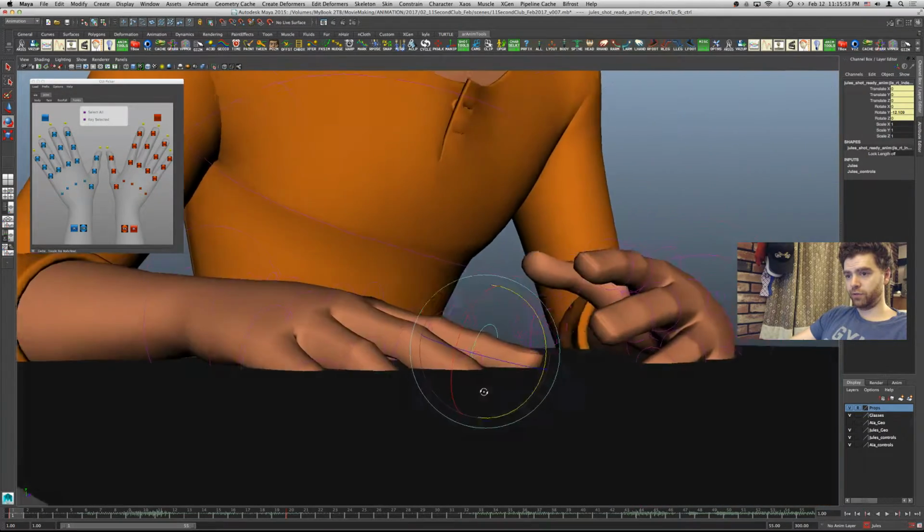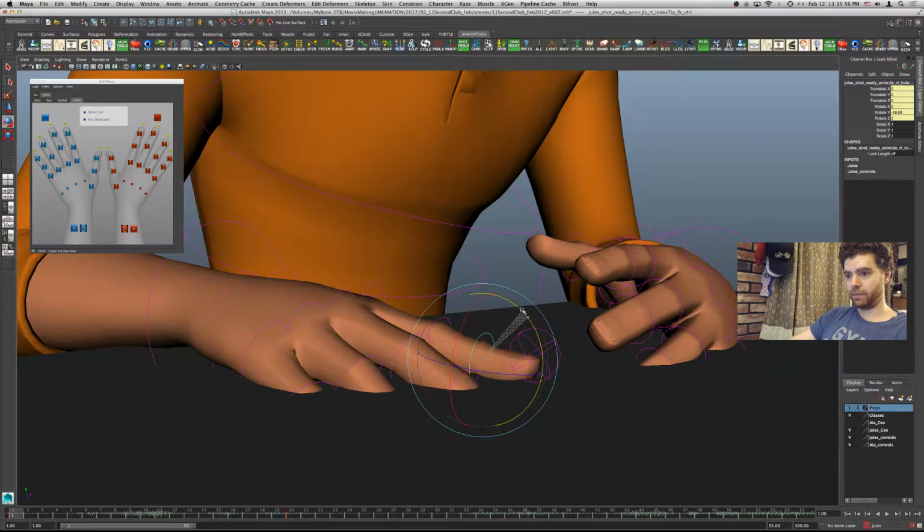So I sort of free-formed, grabbed this picker, you can control these, but I wanted to make sure I was using the axis and not getting my finger like a weird twist.